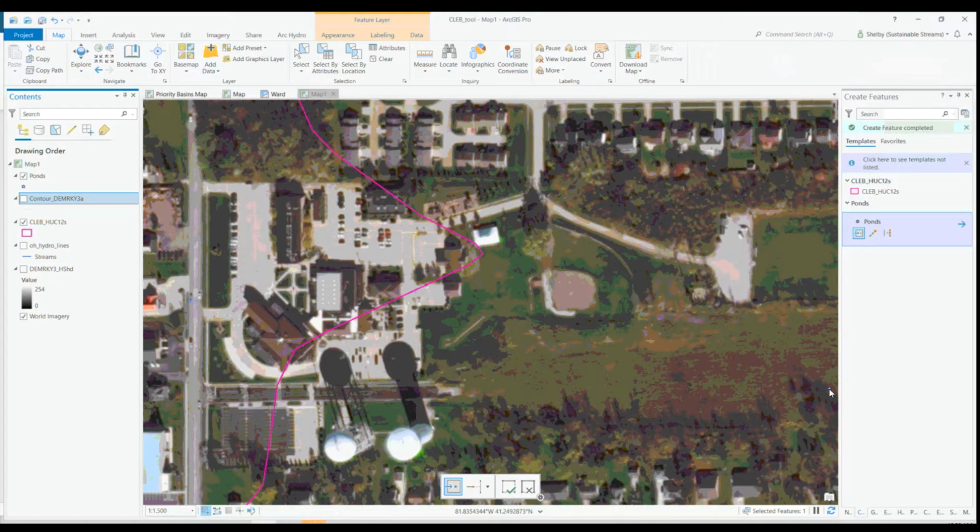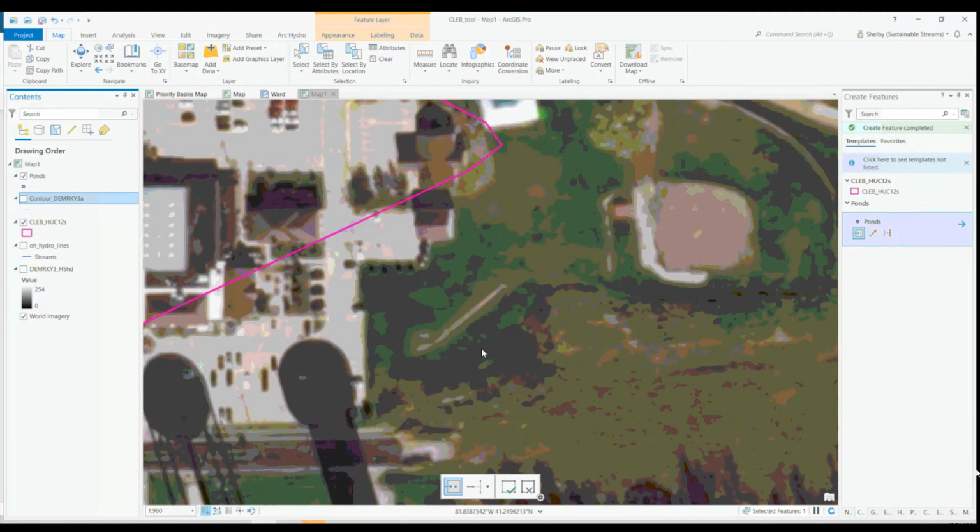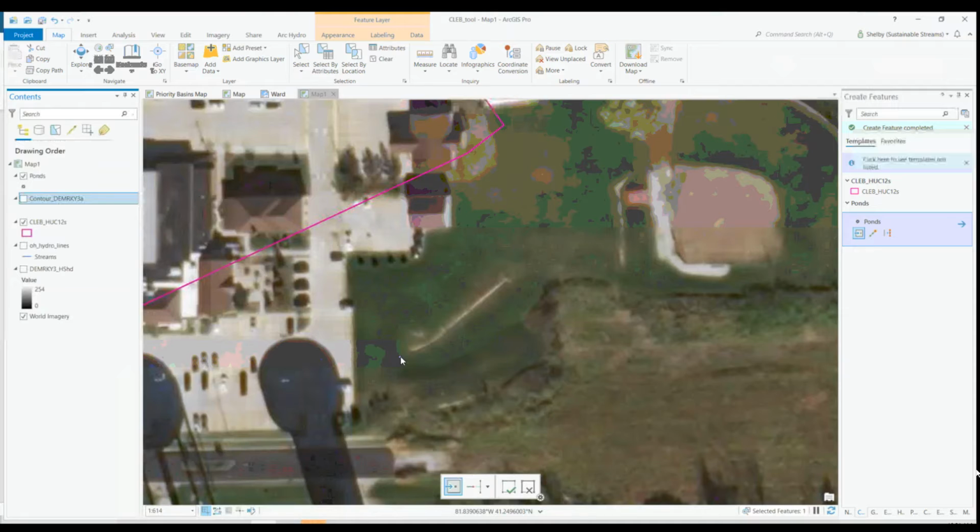Okay, and the next way we are going to identify ponds or basins is by looking for structures that are typically found in ponds. So we have things such as inlet and outlet structures, which could be a box or some sort of culvert, or you might be able to see a pipe sticking out from the ground, or you could see it pretty clearly from the aerial imagery, or you could see something called the trickle channel, which just helps low flow get from the input to the output